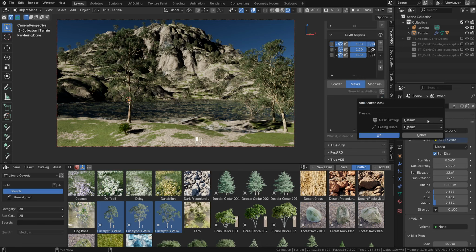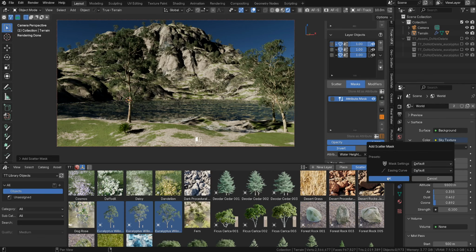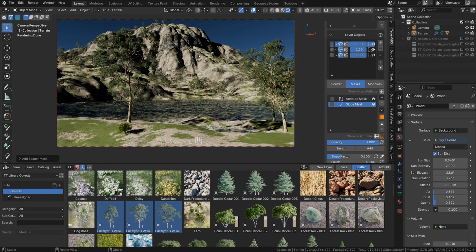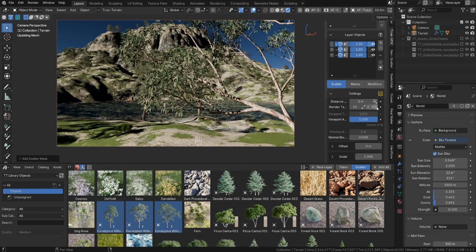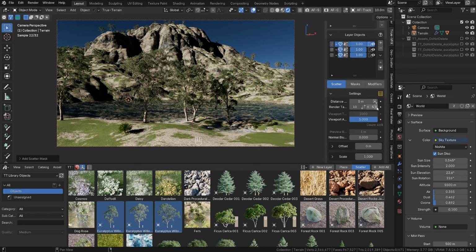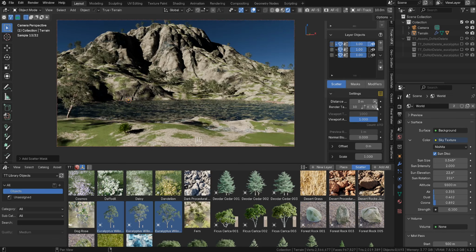The first one is an attribute mask, because I know there is a preset called above waterline, which comes in very handy, because no tree will be in the water now. And the second one is a slope mask, because I don't want trees to be scattered on the steep edges of my terrain. Now that we've got that, we can still play with seeding and find something that we like. So something like this, but it is still a little bit